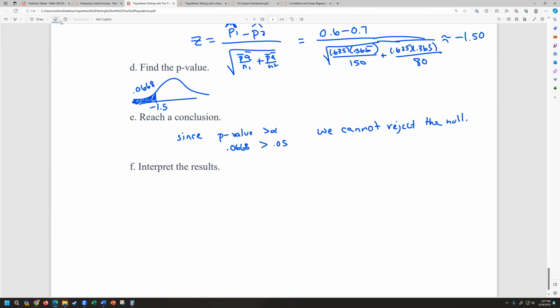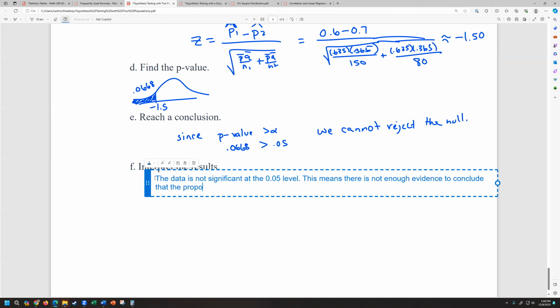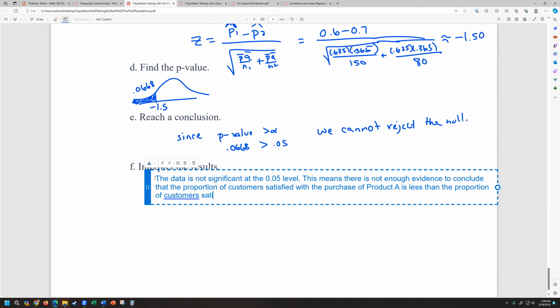My interpretation for this would be the data is not significant at the 0.05 level. This means there is not enough evidence to conclude that the proportion of customers satisfied with the purchase of product A is less than the proportion of customers satisfied with the purchase of product